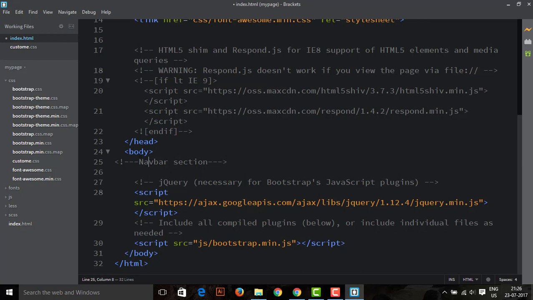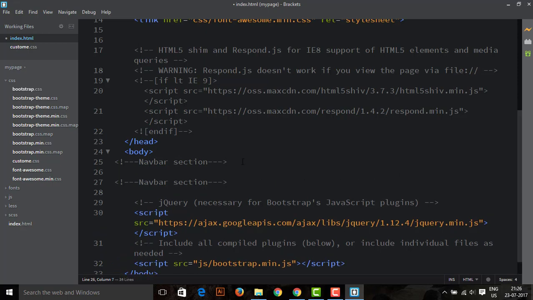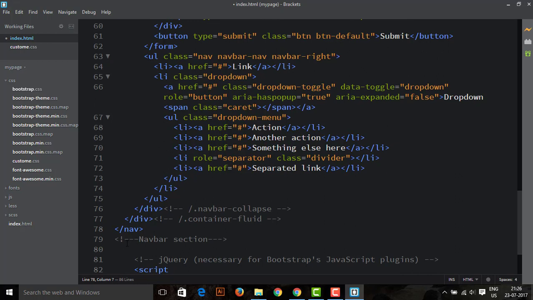And one thing is, a comment never executes in any final project. Like this navbar section will never appear in your final project. Okay. So under this navbar section, paste the navbar. Okay. Save it